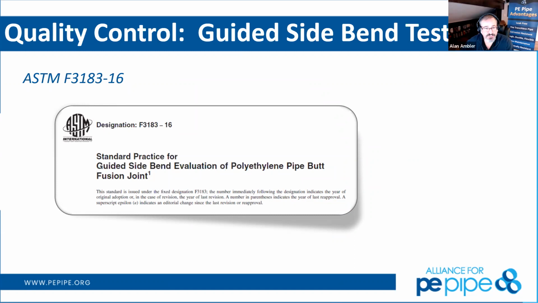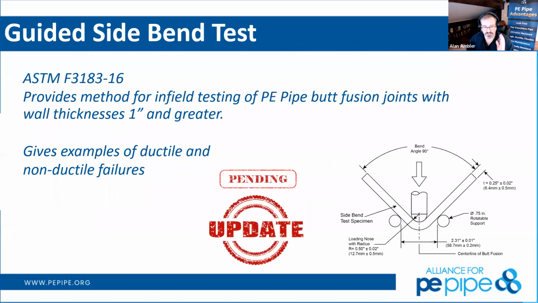So we do have the guided side bend test that you can pull through in order to make sure that the quality control is in place for you. Deanne had done really well mentioning that if you get a new guy or gal doing the fusion, you want to test it, then yes, you can pull through and try this test. And this is another test that's available to you for larger diameter, larger thickness tests here. So ASTM